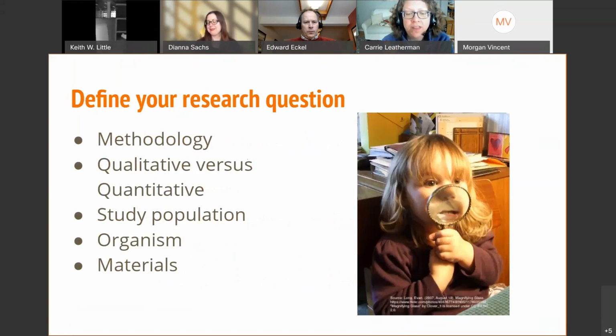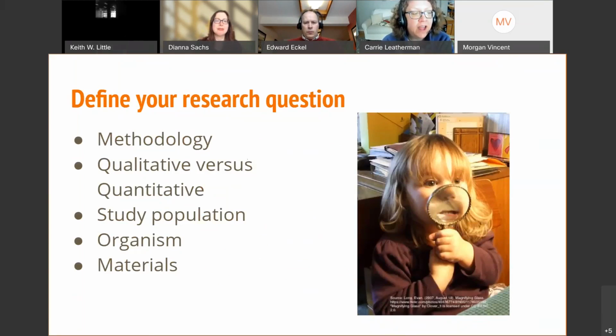What you'll want to think about are aspects of the research question related to methodology. What sort of methodology will the study or the research you're doing actually have? Will it be, for example, qualitative versus quantitative research? That really depends a lot on the field you're in, the standards that your particular discipline has.